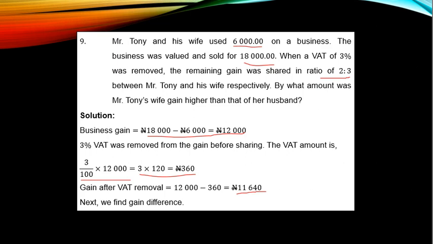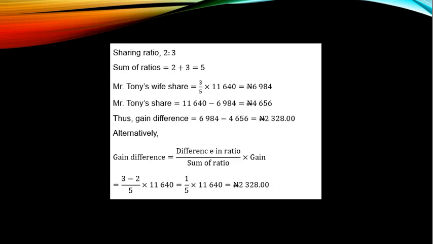Next is to find the gain difference, but before that, you need to know how much the husband and the wife get. That will take us to sharing 11,640 naira in the ratio 2:3. So sharing ratio is 2 to 3 from the question. To share, you must get the sum of ratio, 2 plus 3, that is 5. So Mr. Tony's wife share is 3 over 5 times the amount left, and that is